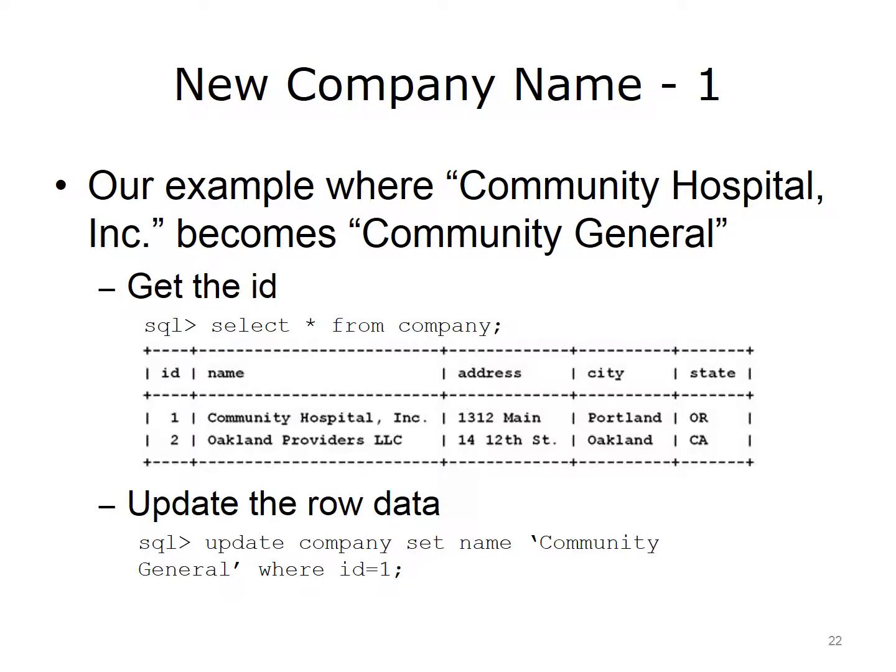which can now be referenced in the SQL command to change the data for the hospital name. The update statement specifies company as the table, sets the contents of the name column to Community General, and specifies that the modification is to take place in the row with the ID for the hospital. Notice again the use of single quotes to identify a text string. It is also important to know that there is no limit on the number of rows that can be changed in a single update statement. As with the delete statement, it is very important to correctly identify the rows to be changed by using the